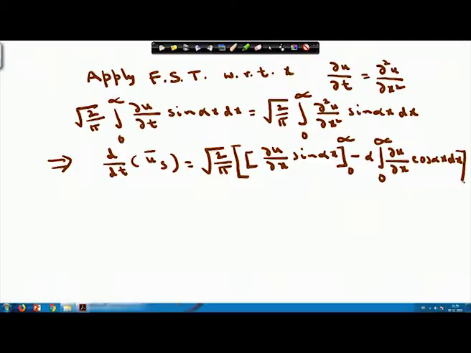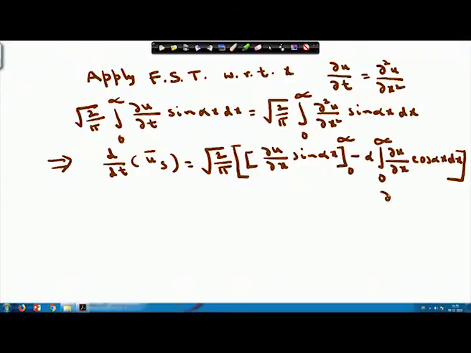This you will get, and if you note the value of this particular part, ∂u/∂x sin alpha x vanishes at the lower limit,